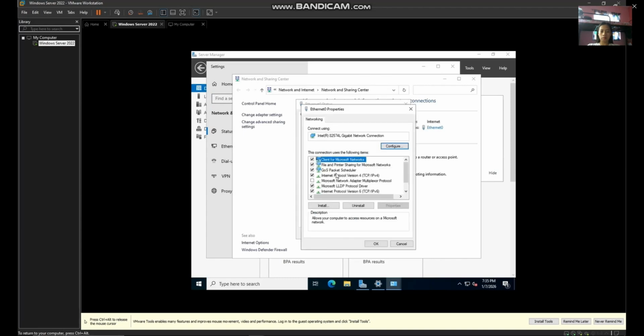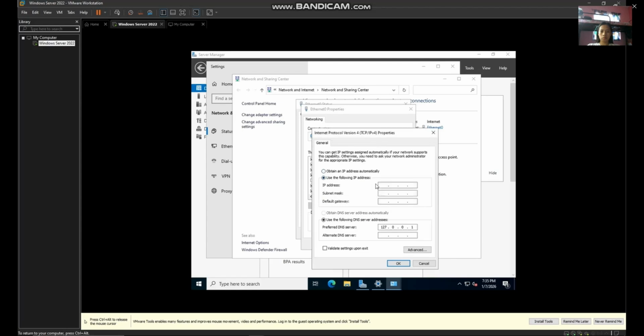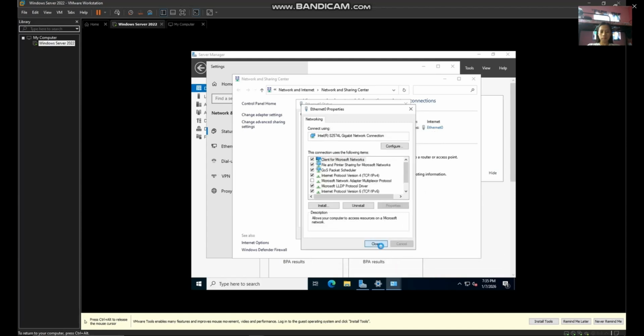Then for properties, so type the IP address 192.168.1.1. So it will automatically type the subnet mask. So preferred DNS server. So type again the IP address 192.168.1.1. So okay, close.